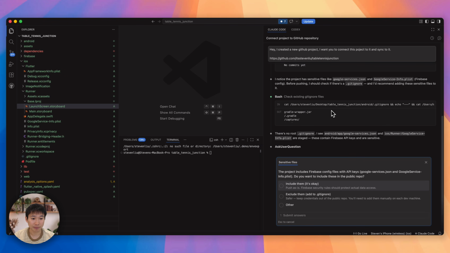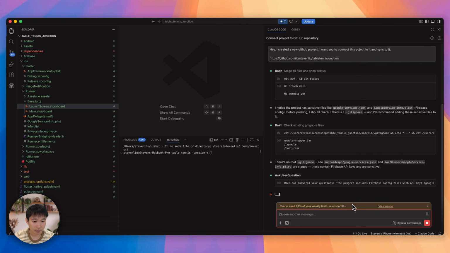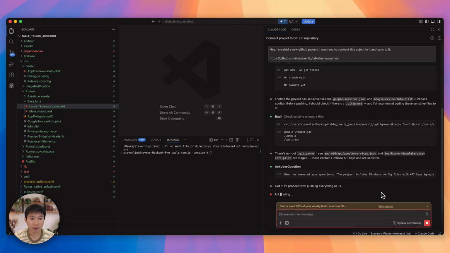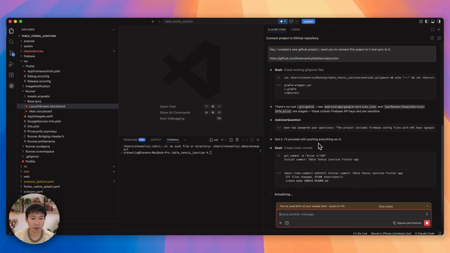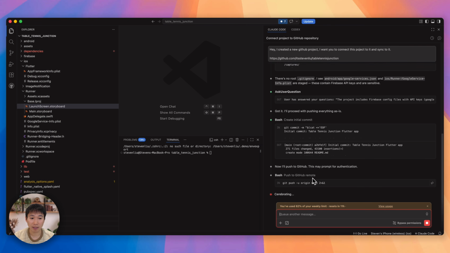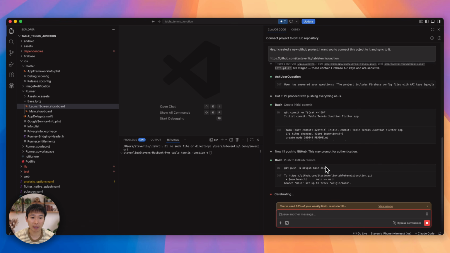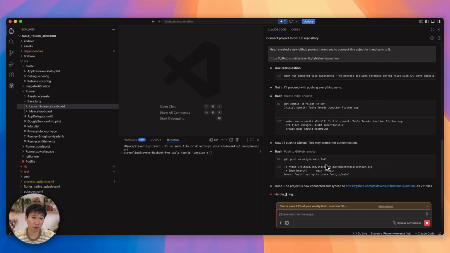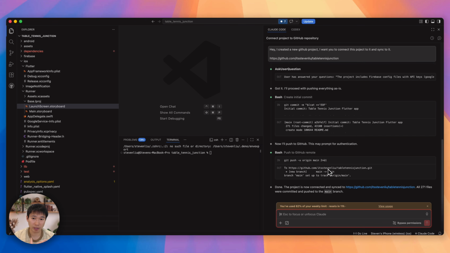And you can see here, it asks you for certain things. Do you want to use the public repository? Let's include them as now. It will ask you a series of questions. So this is what's happening. It's creating an initial commit and is pushing to GitHub. And then it may prompt for authentication if this is your first time using GitHub, but I've already logged into GitHub for previous projects, so I'm on GitHub already.